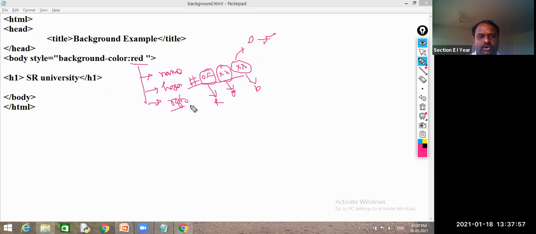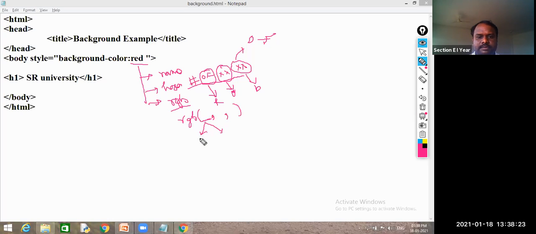And RGB, how do you give RGB? RGB followed by open and close parenthesis. In between, we need to give 3 values. And this number will begin from which number? Here, these 3 numbers. Where will it start? And what is the end point?